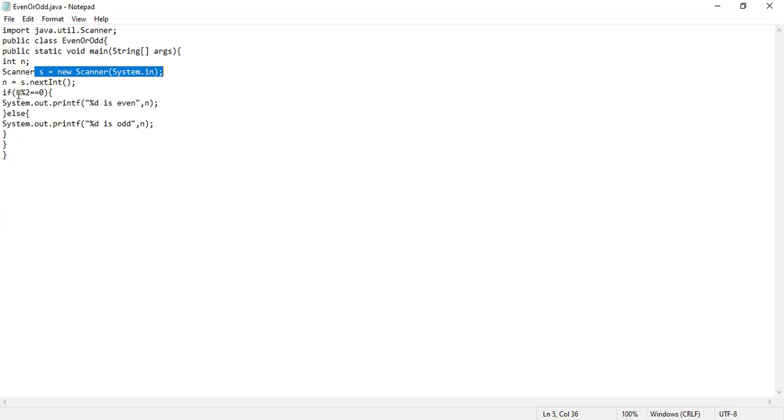If we take our input as 3, 3 modulo 2 gives the remainder 1. It checks whether 1 double equal to 0 is true. Here 1 is not equal to 0, so the condition is false, and it prints the statement under the else part, which is 3 is odd, as the output.